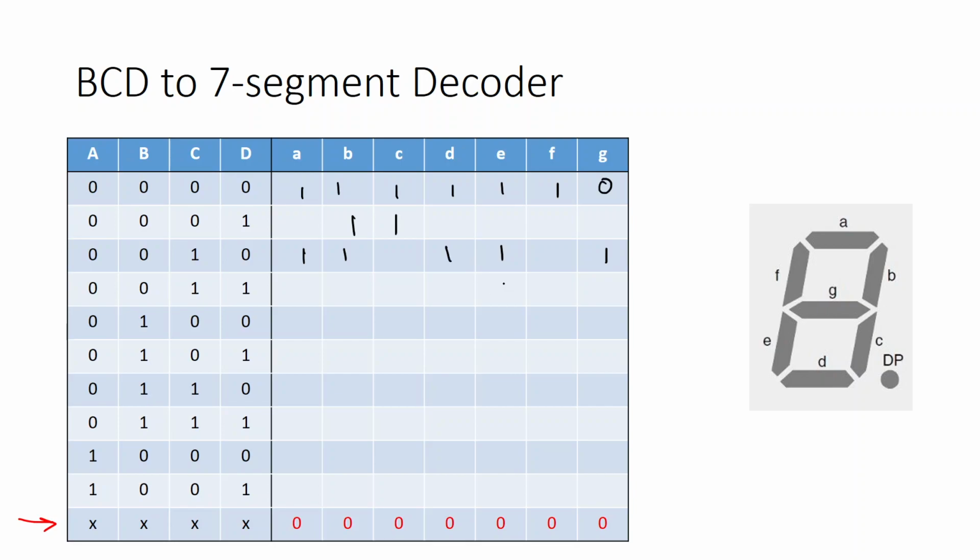So F and E will be 0, others will be all active. For 4, your F, G, B, C will be active. So in this way, I guess you will be able to fill up the rest